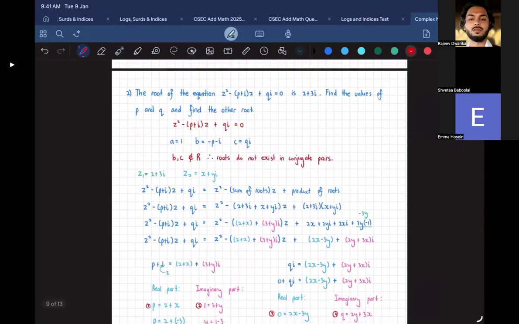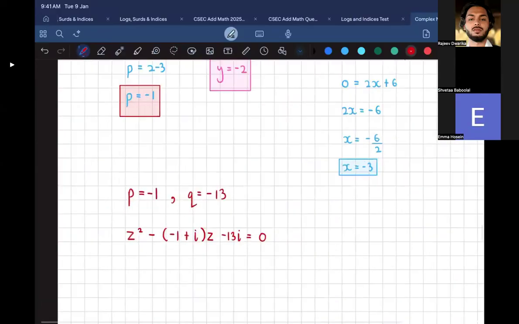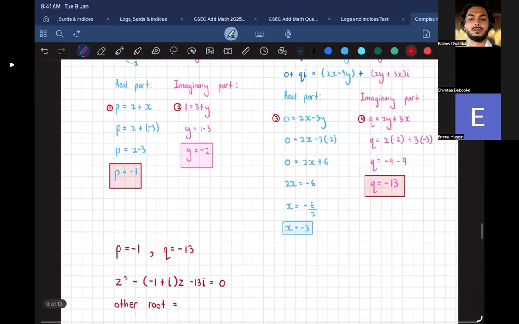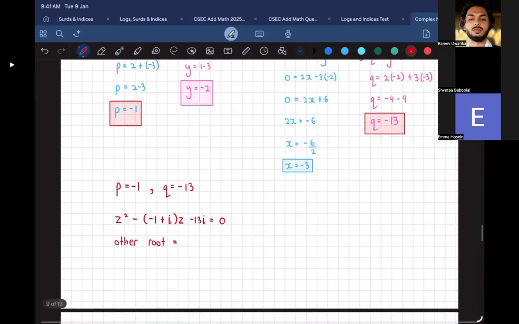If not, you have to do something like this, right? And they want you to state the other roots, right? So the other root will be x plus yi, right? So the other root would be equal to, so we got x to be minus 3, so that'll be